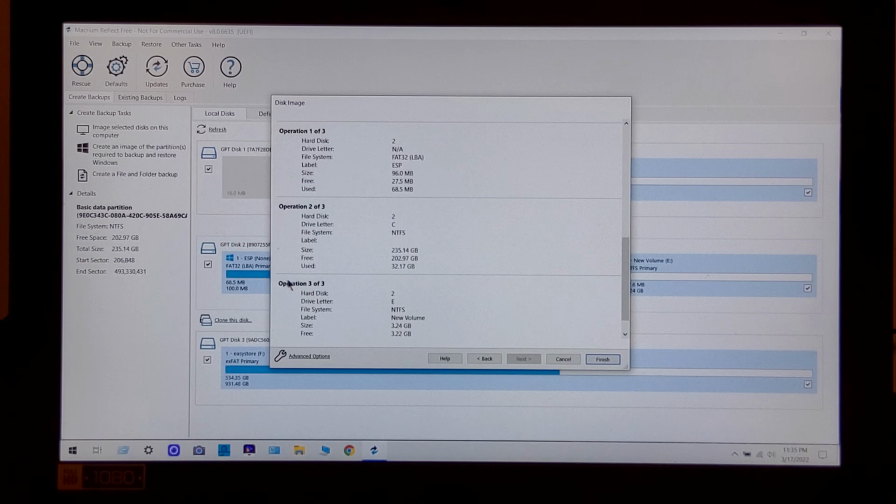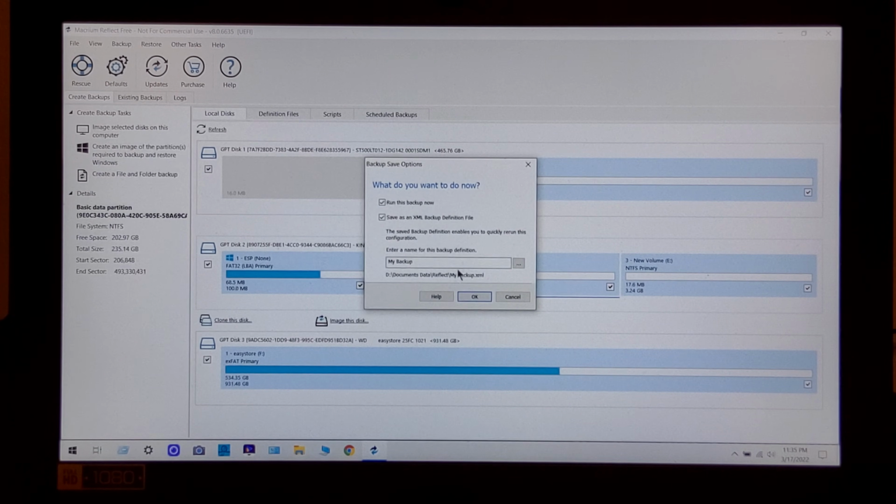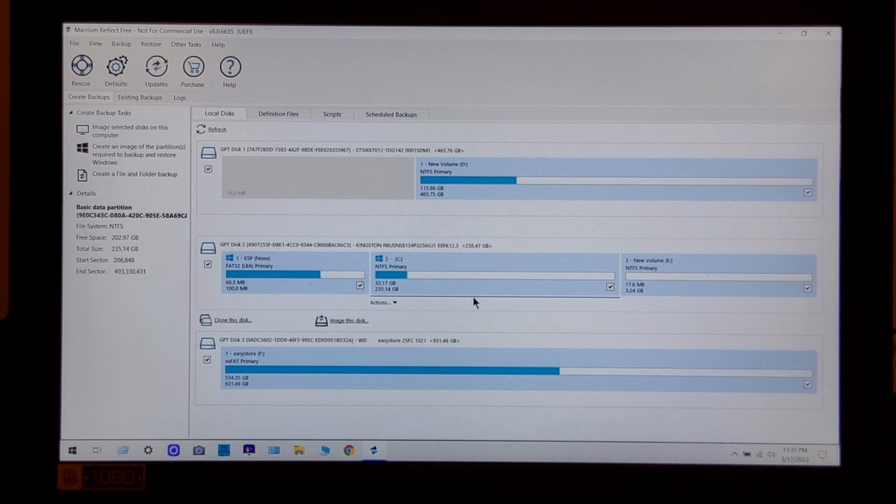These three drives that I showed you first, okay? And this is the main one, 32 gigabytes, okay? Because we only clone the C drive, remember, okay? C drive. So now we click finish, we click okay,